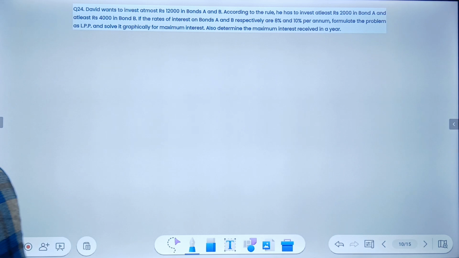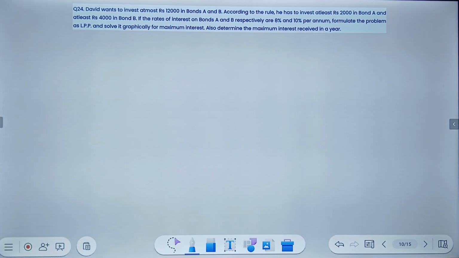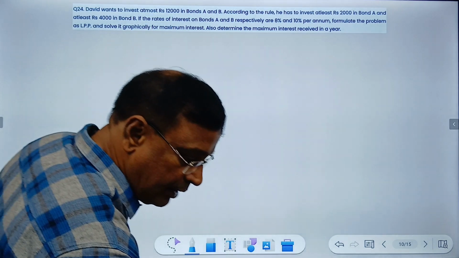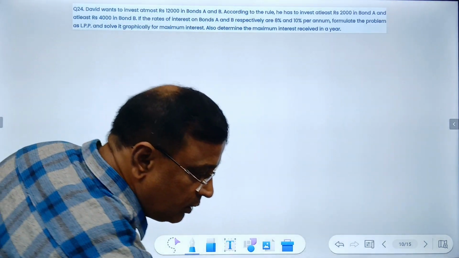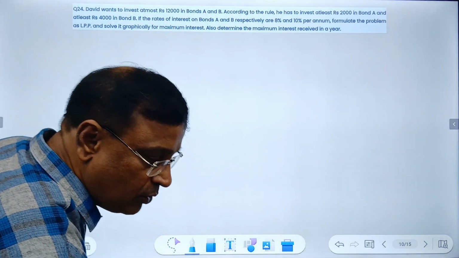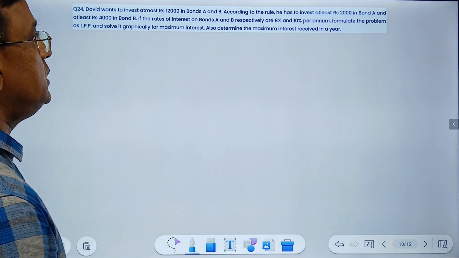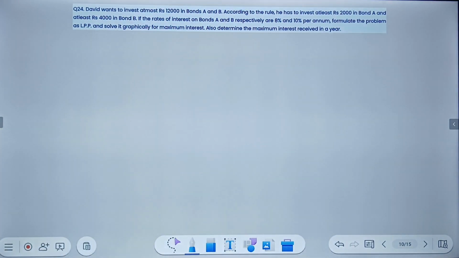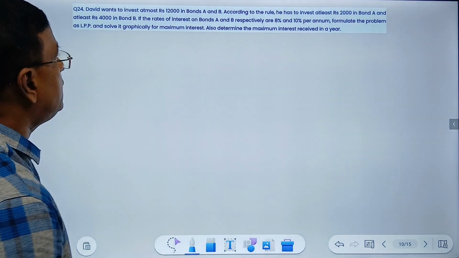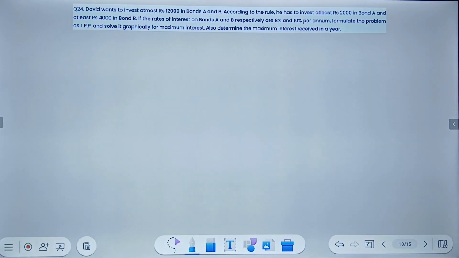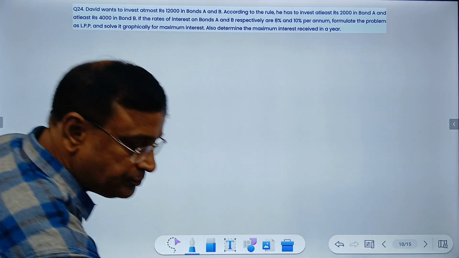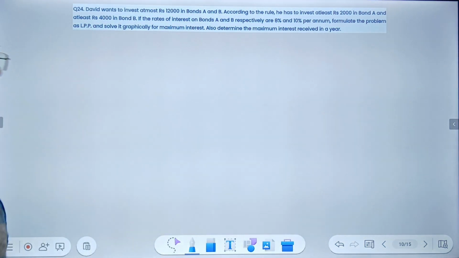Okay. David wants to invest at most 12,000 in bond A and B. According to the rule, he has to invest at least 2,000 in bond A and at least 4,000 in bond B. If the rate of interest in bond A and bond B are 8% and 10% per annum, formulate the LPP. Okay. Simple. Now let's take bond A